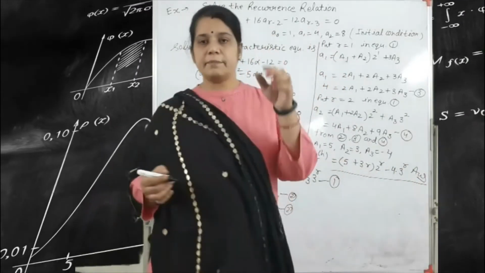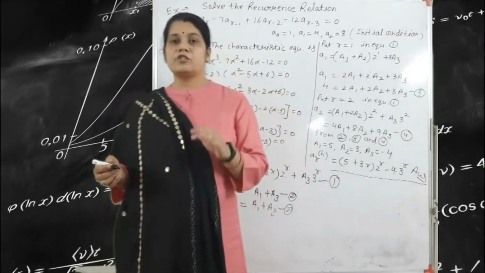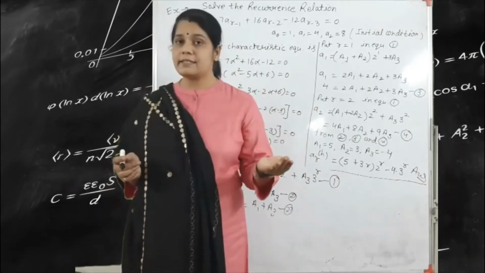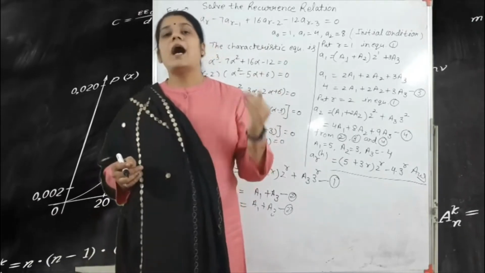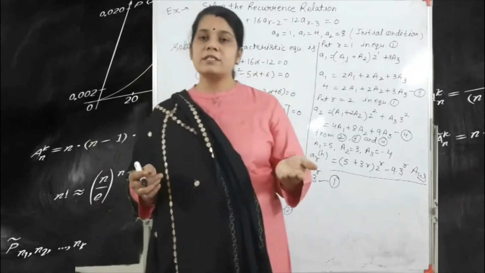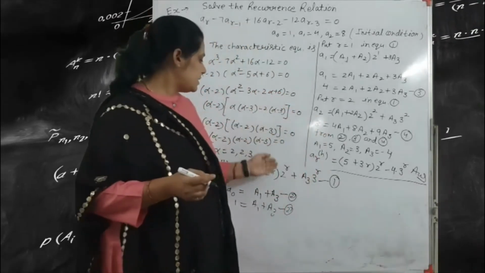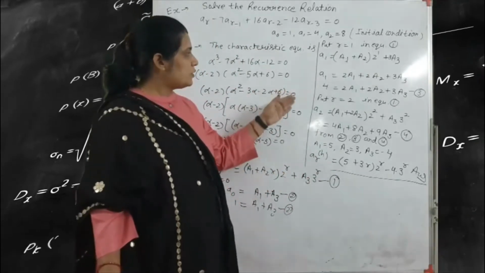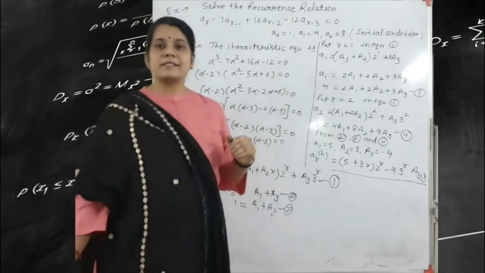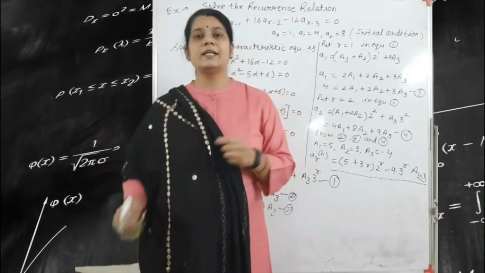Always keep in mind, if the question paper gives a recurrence relation, first you convert it into the characteristic equation, after that you find out the roots, and with the help of this process you write the CF. Next example depends on the PI, the particular integral.